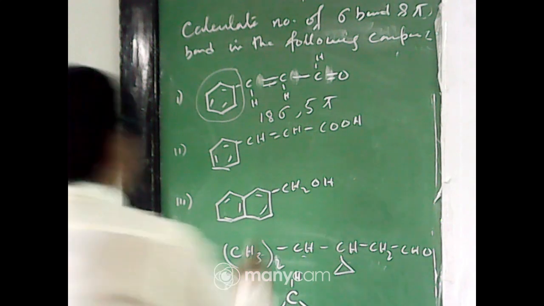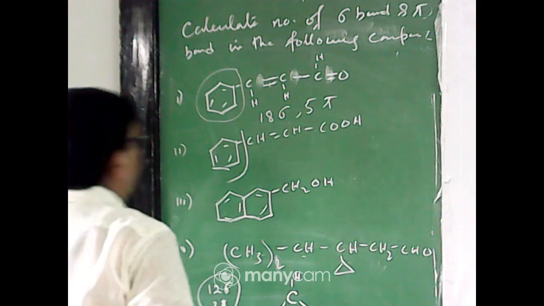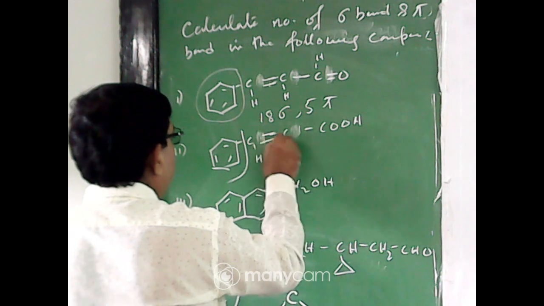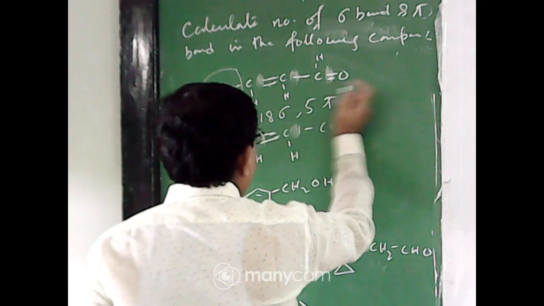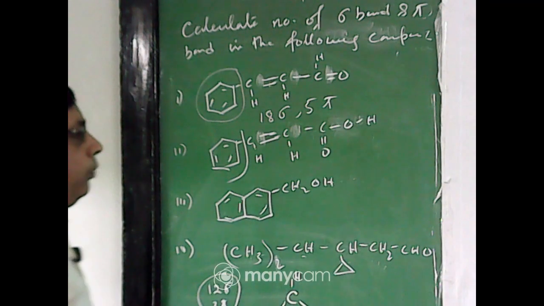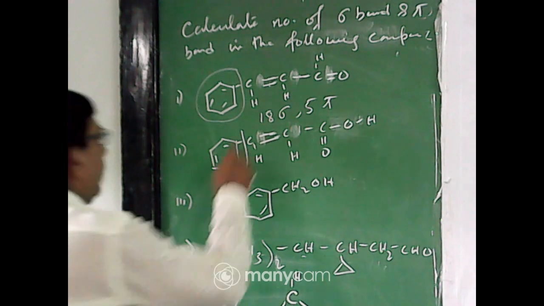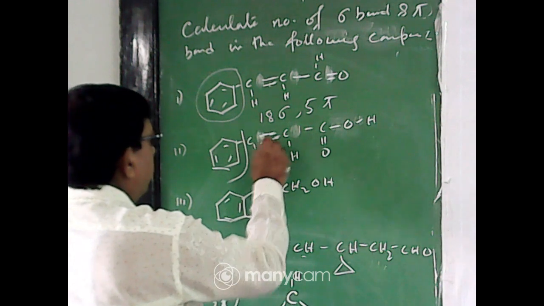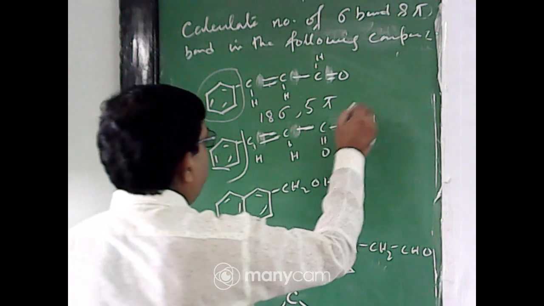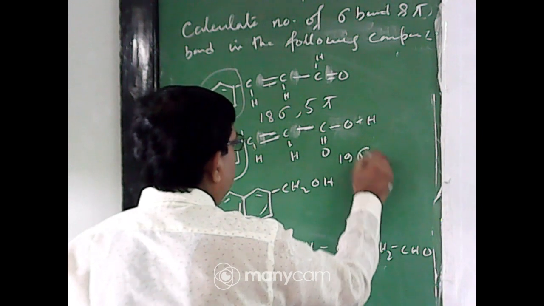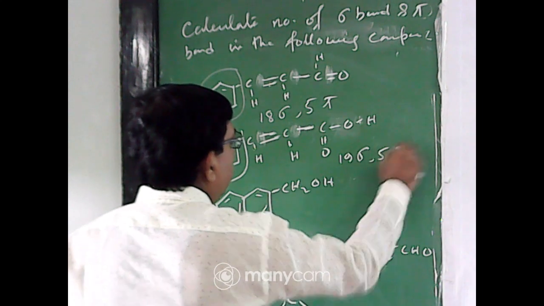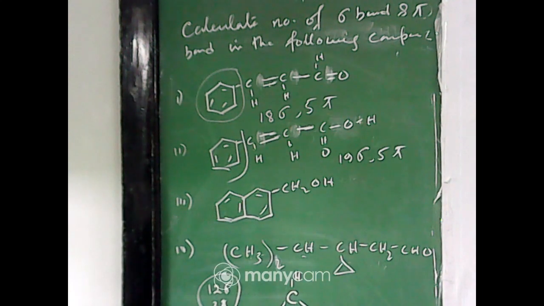So here also you calculate this, up to this 12 sigma, hydrogen. Here this hydrogen, here C double H. How do you write this? O H double bond O. You first break it into the structural formula. Now here 12 sigma, 13, 14, 15, 16, 17, 18, 19. That is 19 sigma. How many pi? Here 3, 4, 5. 5 pi. 19 sigma and 5 pi. Okay.